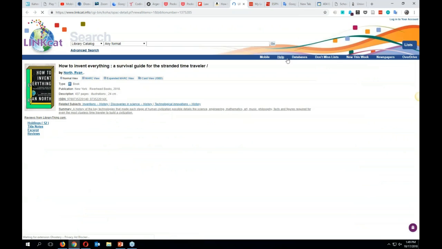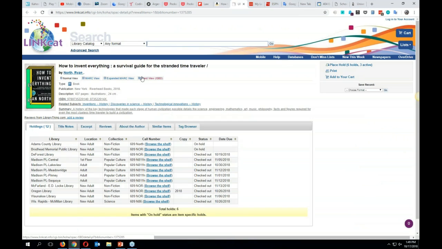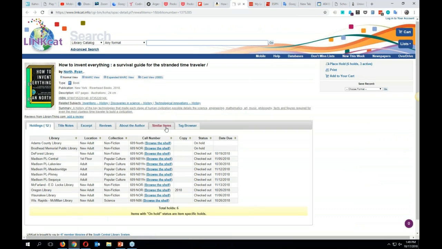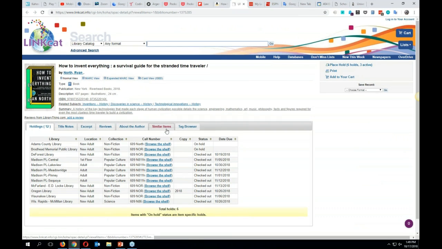Okay, so now it took me straight into the library's catalog, and you can see that this book is currently on hold and checked out all over the place, but at least I know that my library has it, and I can place a hold here instead of buying it on Amazon. Library Extension is living right here as another extension that I have installed on Chrome. It's only available for Chrome, but will be available for Firefox soon.